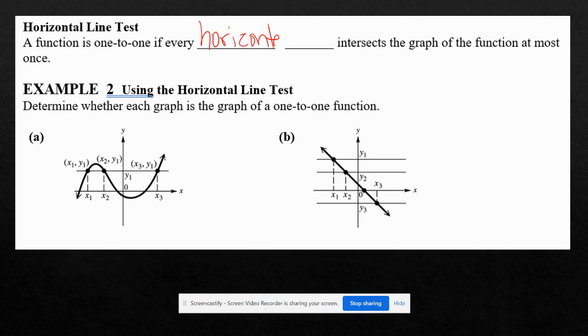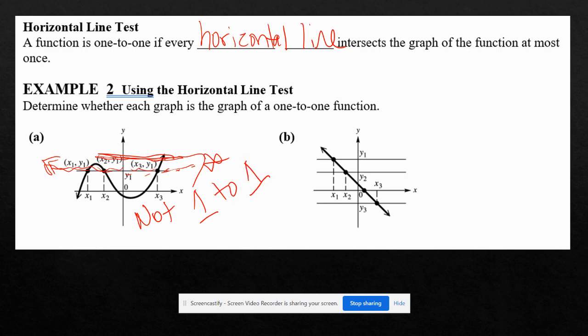This is the horizontal line test that we just talked about. So any horizontal line that we draw anywhere on the graph can only touch the graph one time. We see in example A, this horizontal line they've drawn right here actually touches this graph 3 times. Now, if we would have drawn it right here towards the top, it would have passed. But remember, you have to check several different areas. And so because in this area right here, it touches that graph 3 times, even if it was only 2 times, that would mean it does not pass